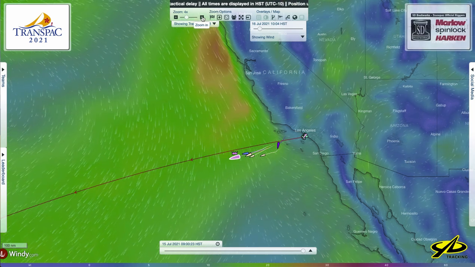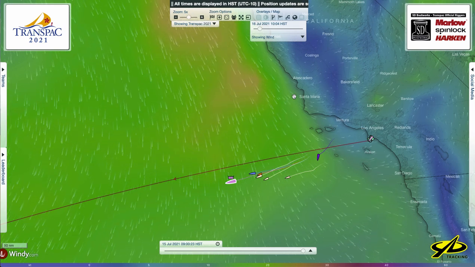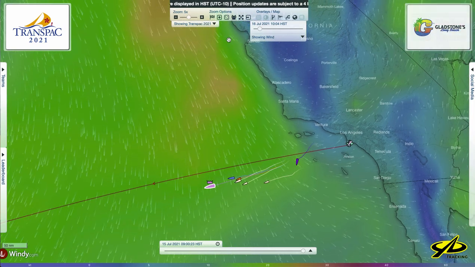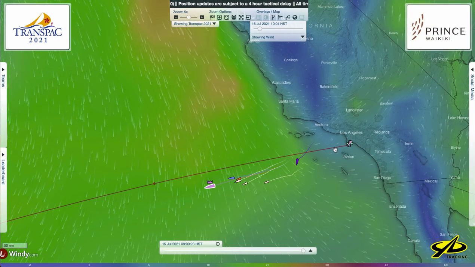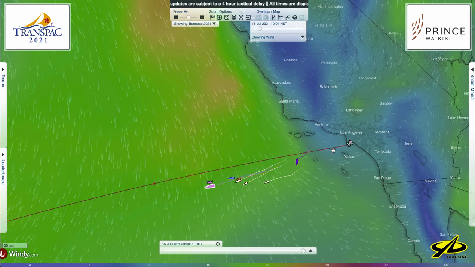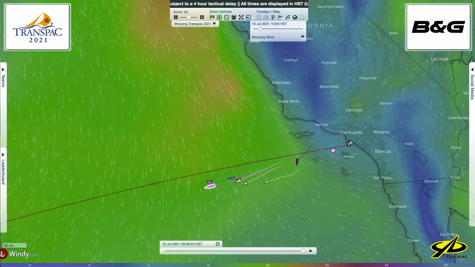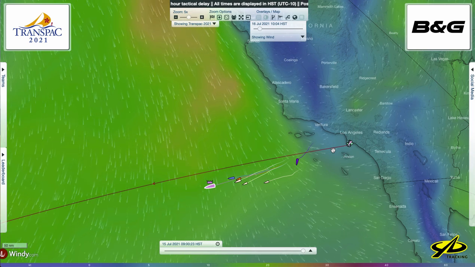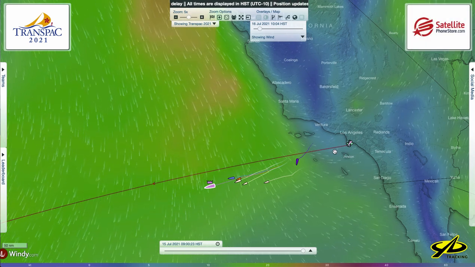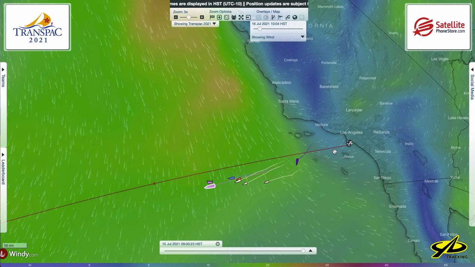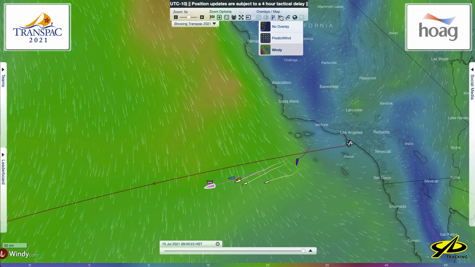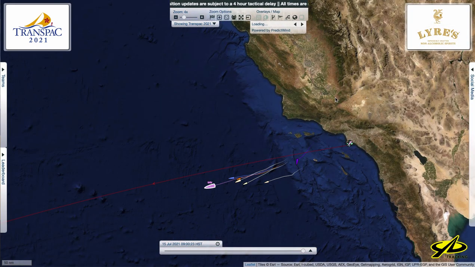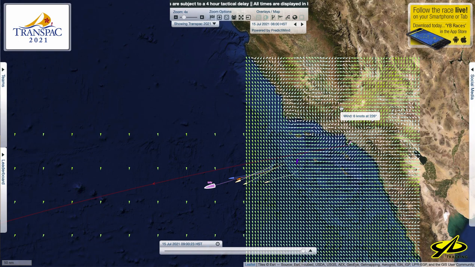Here we go. Okay. And in looking at this, if we're over here in the starting area, I think they'll have a very similar start as the folks did on Tuesday. Light westerlies during the day, beating to get off of the coast. Perhaps, in fact, maybe we should switch models here. We'll go over to the PredictWind model that has that fancy grid. There we go. And if we blow this up a little more,